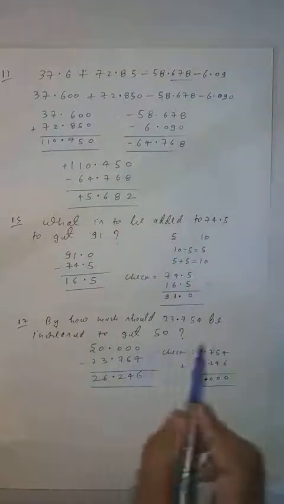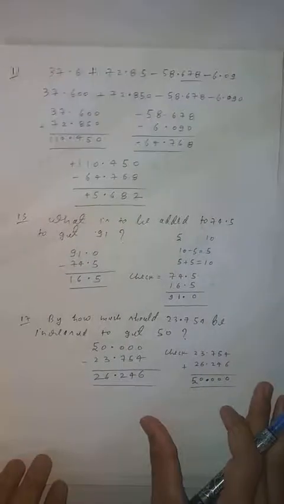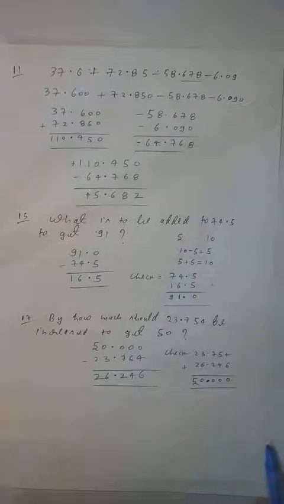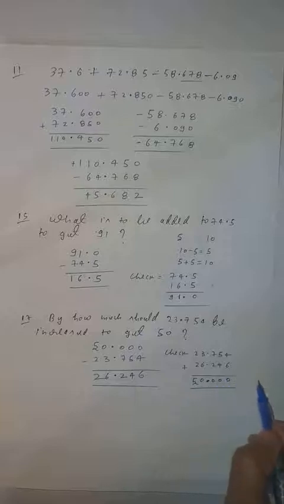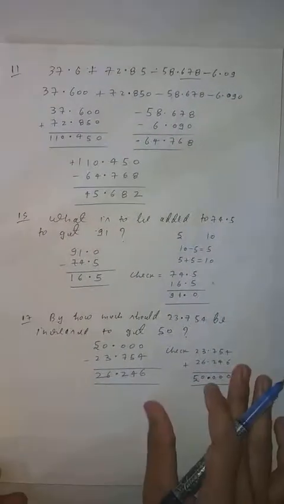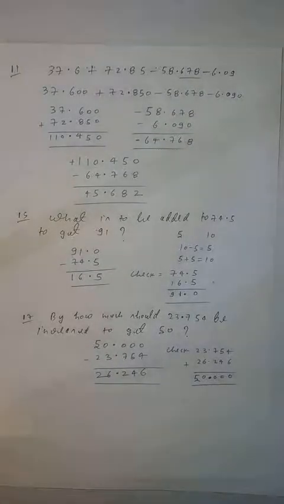So what is the conclusion? If it is given what number should be added, what number should be subtracted, you have to do only one thing. What? Always subtract the smaller number from the greater number. Clear? And when you do this, you will get your answer. And if any doubt, then you can check by this method. Here I checked that when you add 26.246 to 23.754, the result is 50, so this answer is correct. Clear student? So this is our RS Agrawal. I finished RS Agrawal and NCERT both. The questions which are left you have to do yourself, and in the next video we will discuss the next chapter. Clear student? Thank you.